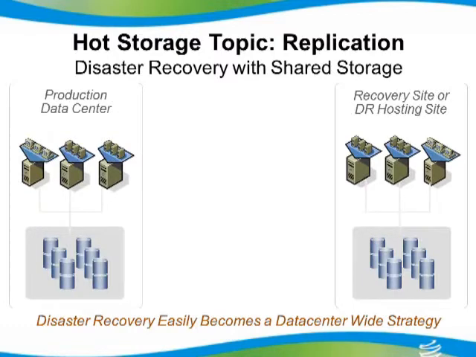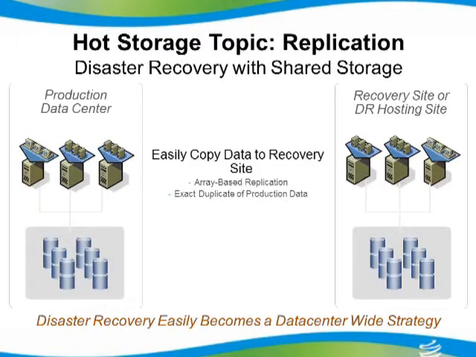We talked a little bit about replication, and that is the ability to take a couple storage enclosures, put them in 2 different areas, two different buildings, or 2 different cities, and replicate the data from one side to the other. And that's called array-based replication. So this is an exact duplicate of your production data. So whatever's happening at the main side, all the 1s and 0s, as they change, get automatically replicated over to the DR side.